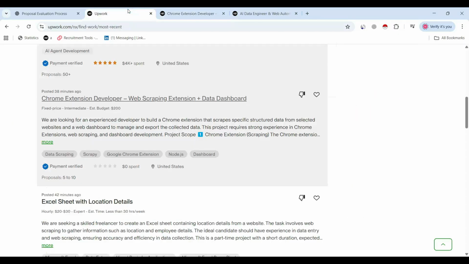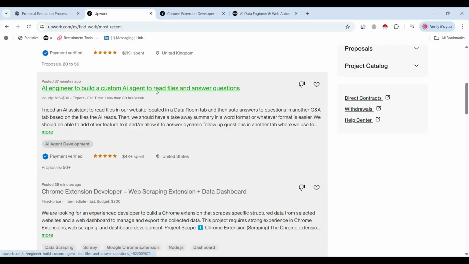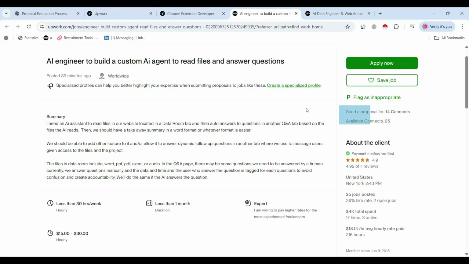So based on our analysis, I personally wouldn't rely on this job. Instead of wasting my connects here, let's move on and explore another opportunity. Now, as you can see, this job required 14 connects to submit a proposal and the payment method is verified,